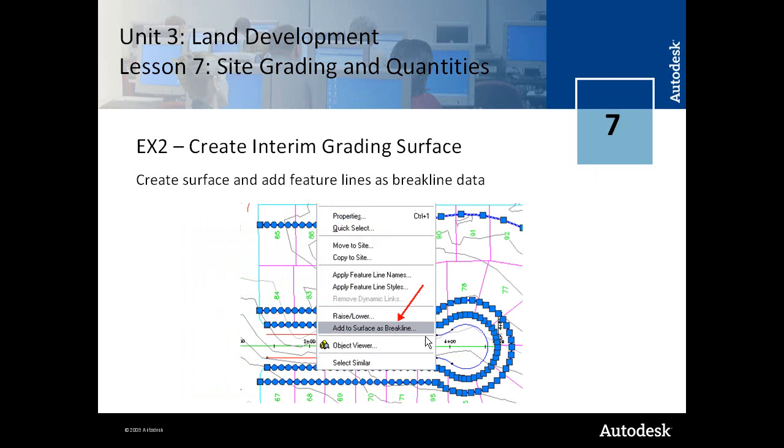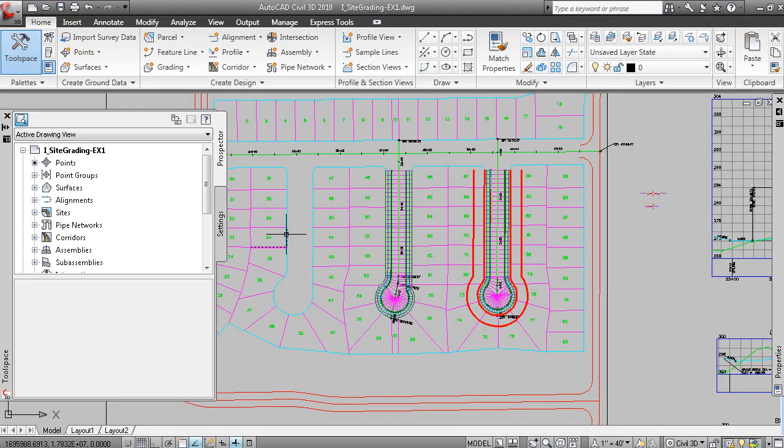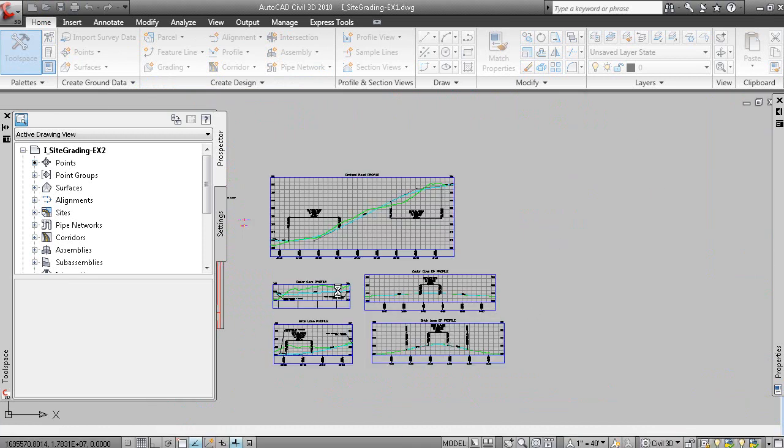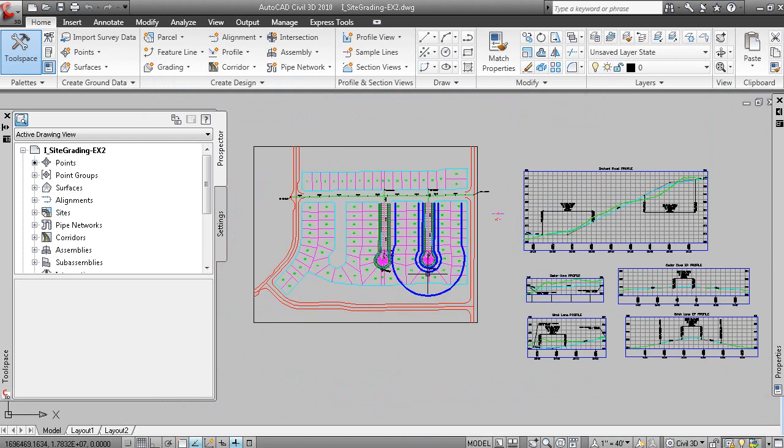So in Exercise 2, what we do is we actually create this interim grading surface. So let's have a look at that. We'll just open up the second drawing here. And here are the three feature lines that we just discussed, and they model the overall flow characteristics of the